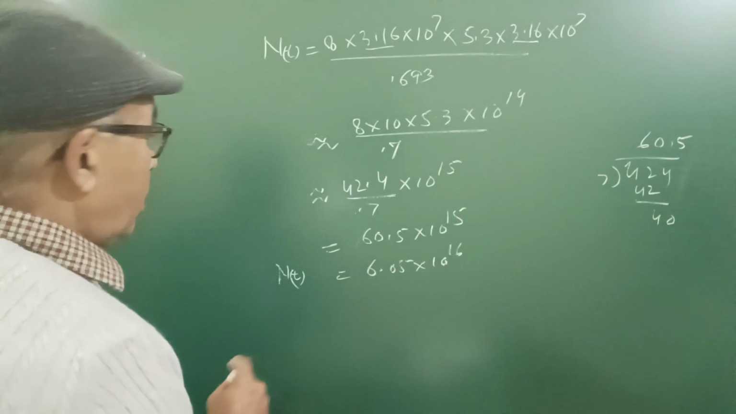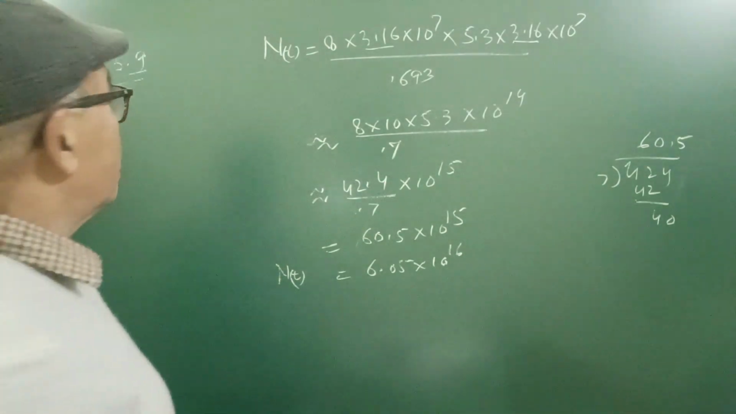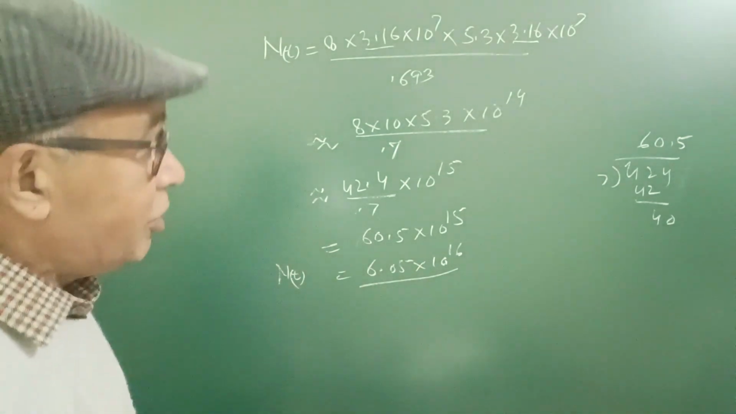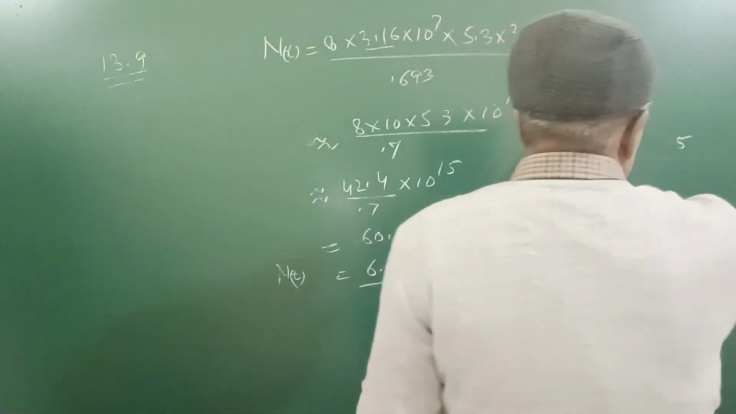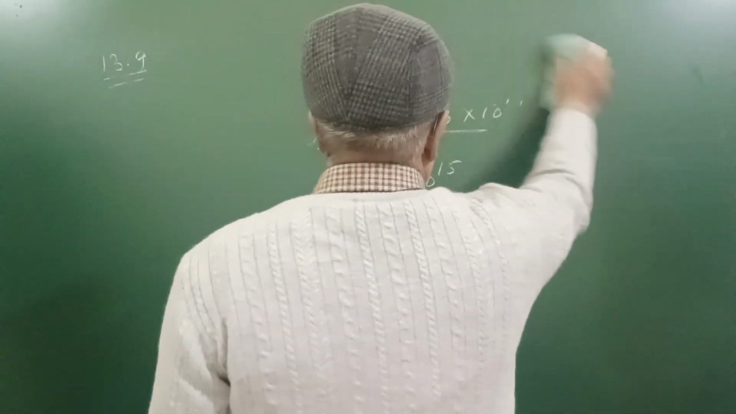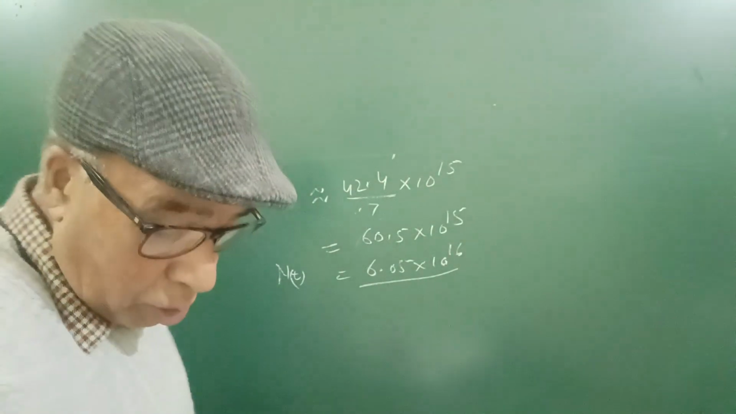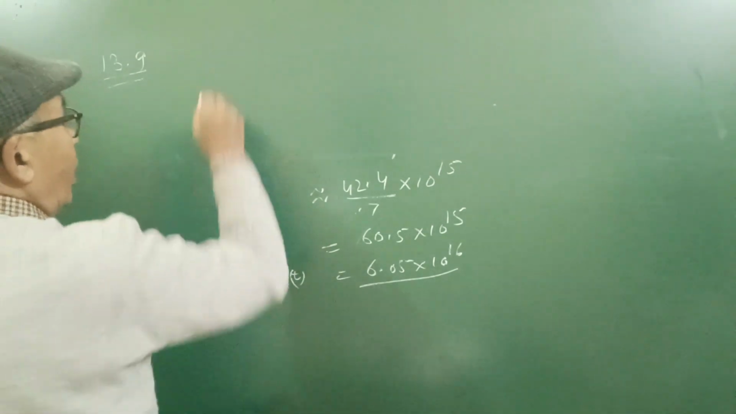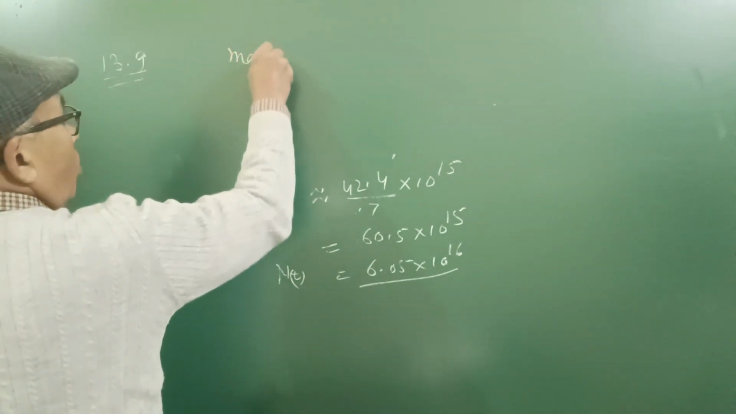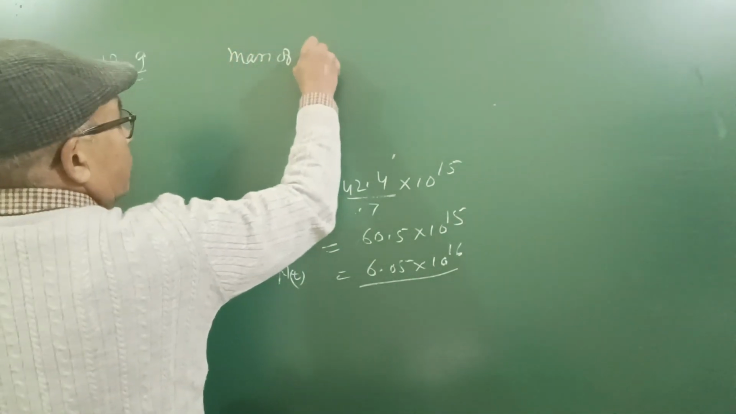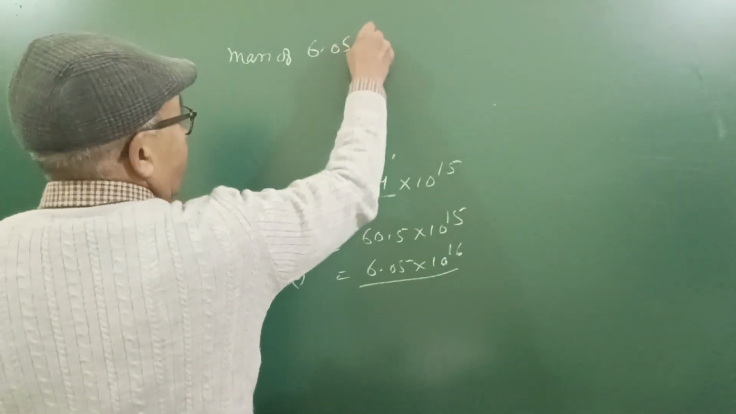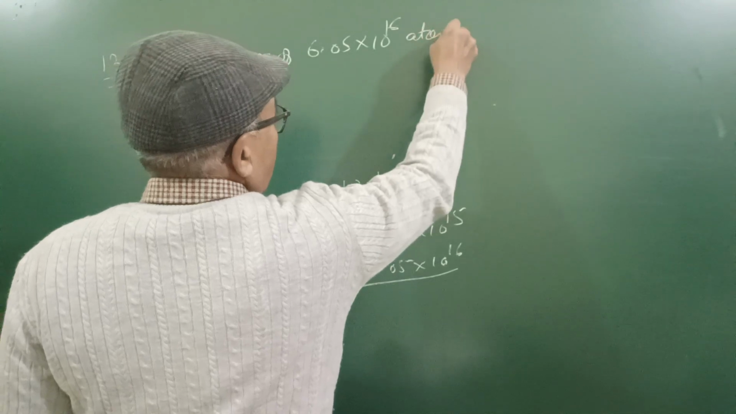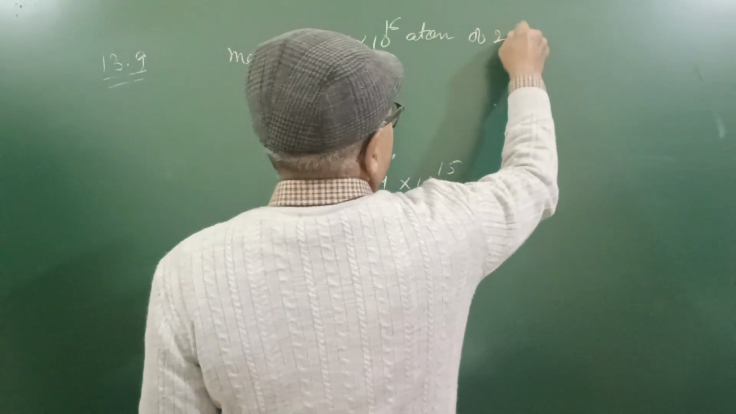You are asked the mass of the cobalt 60. So the mass of this many atoms of cobalt 60. I keep on emphasizing the meaning of the mole concept. Now we know the mass of 6.05 into 10 to the power 16 atoms of 27 Co